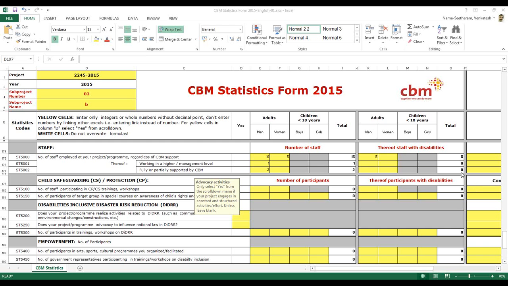So what would be your first reaction? How is the form, good, bad? What do you feel about the improvements with the yellow cell backgrounds, whether it's helpful? Just a small comment from your end.